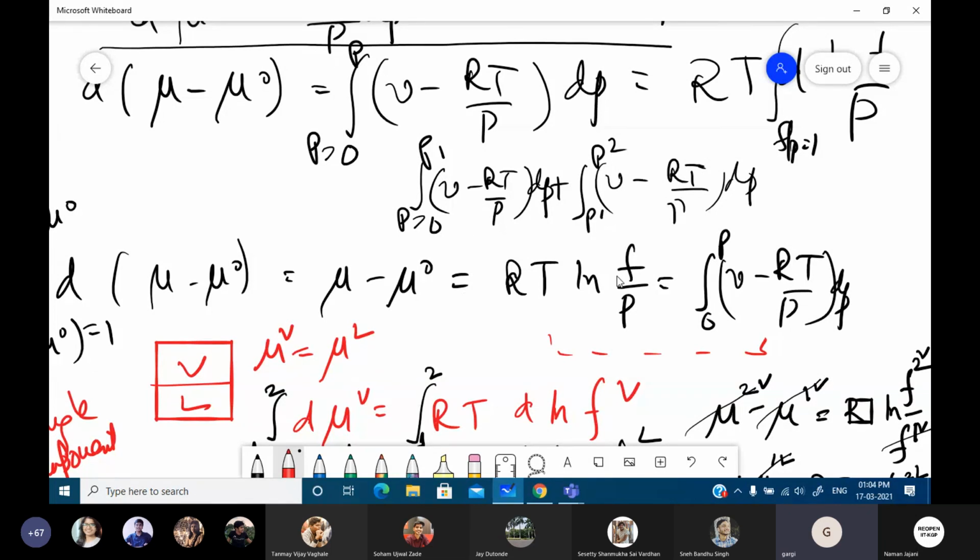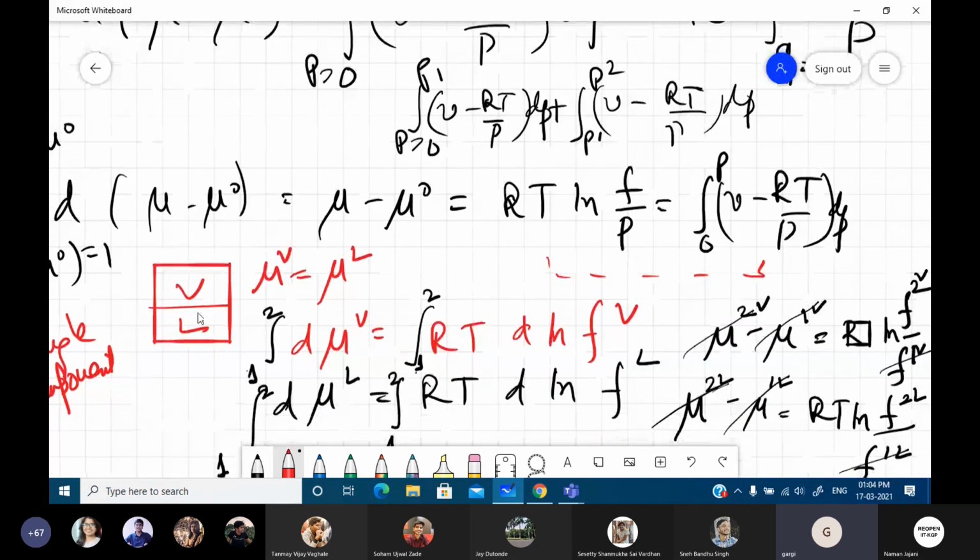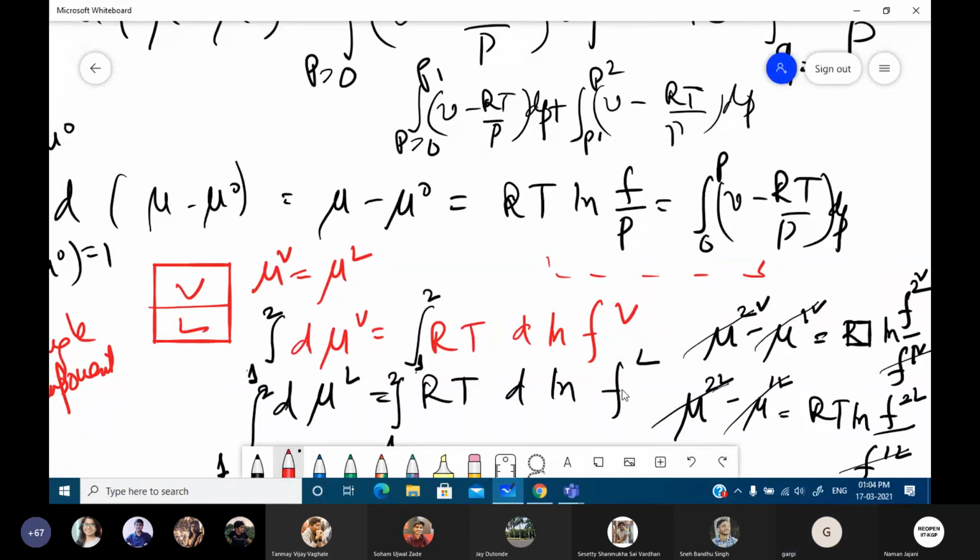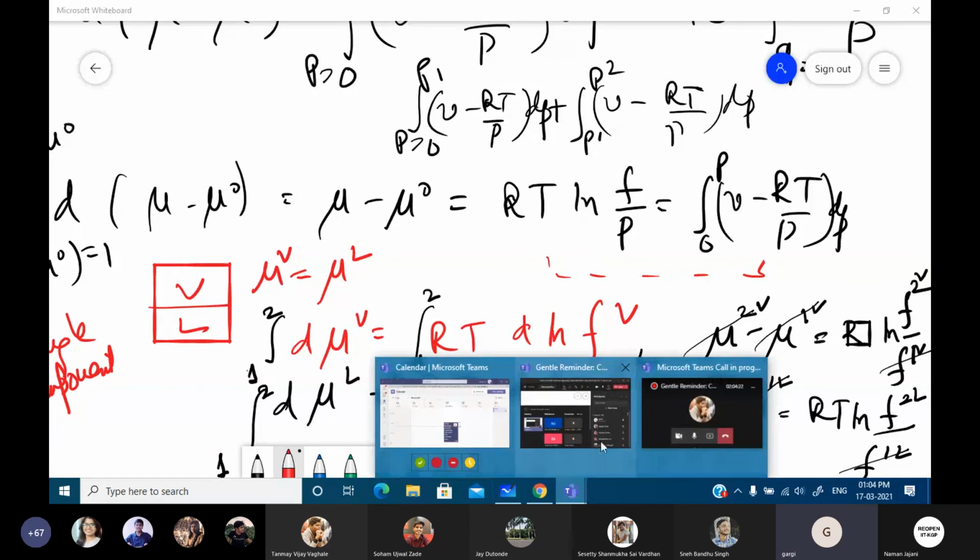And this tells us the reason why we have replaced mu with fugacity, why it is more convenient to deal with fugacity as compared to mu. The differences will be more clear when we deal with, instead of one component, multi-component systems in equilibrium in two phases. It can be vapor liquid, liquid liquid, liquid solid, vapor solid, anything. Am I clear to all of you?